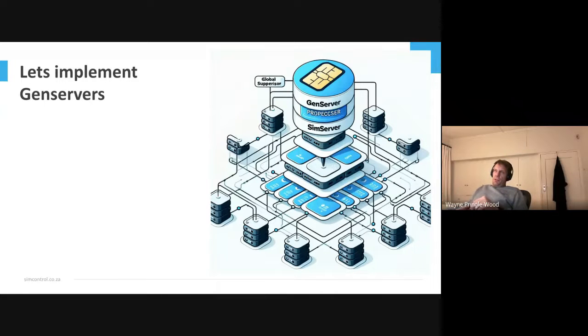But maybe the interesting story is how we started it. So going back to when we started building it, it was basically a single node AWS box with about 10,000 processes. And things were great, right? Every single SIM was a GenServer and was responsible for itself. It would do some accounting for itself, update its own state, and then persist down to the database.